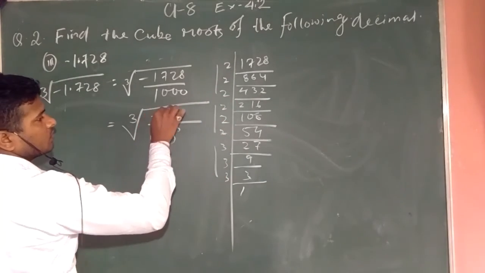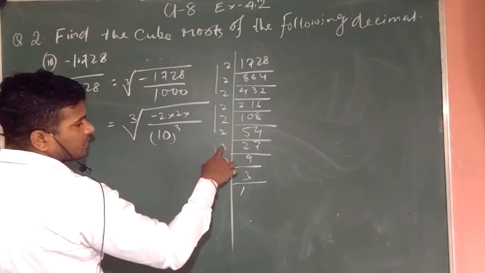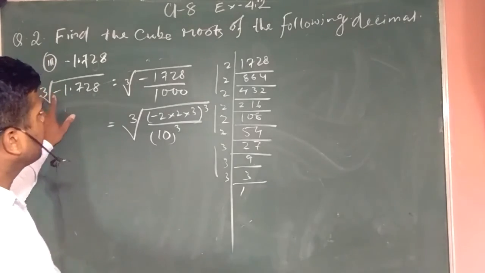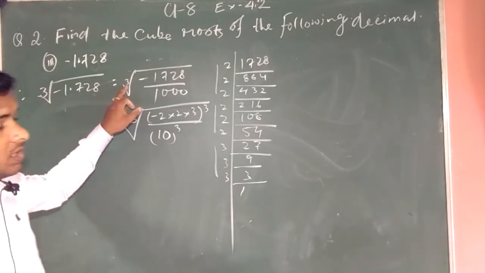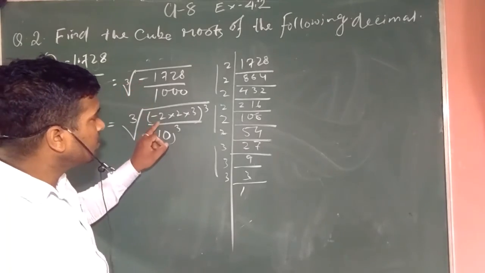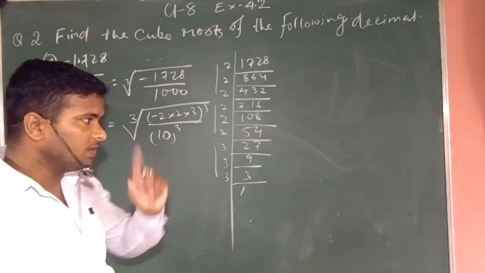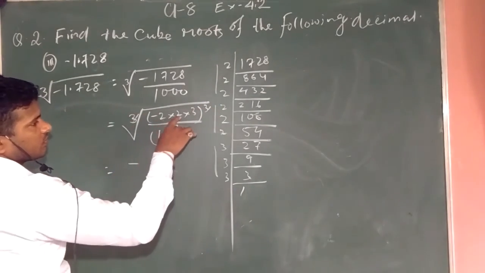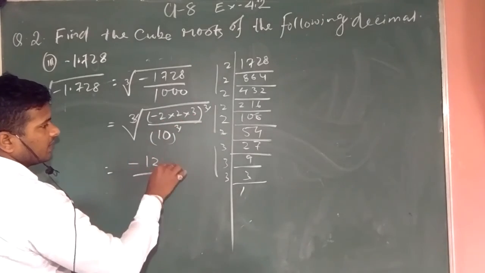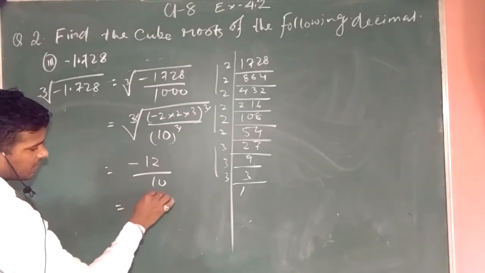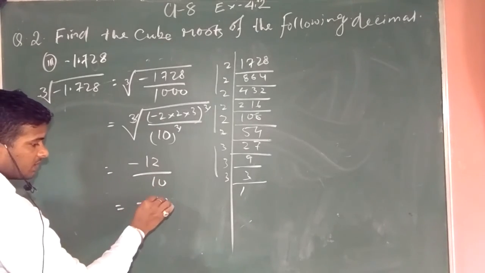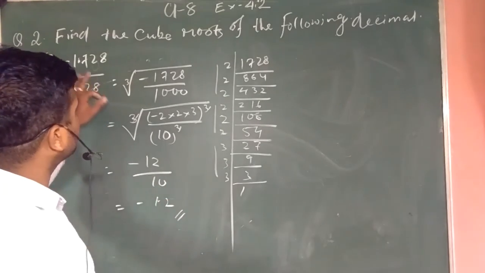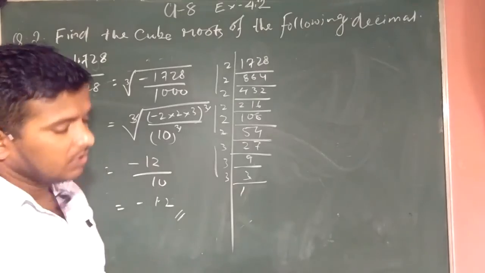So we can write 2 into 2 into 3, all of them cubes. If it is a cube, the minus you have to write only once. So the cubes are all cancelled. We have minus 2 to the 4, 4 3s are 12, 12 by 10. That means minus 12, but with 10, after 1 digit point, that is minus 1.2. If you multiply minus 1.2 three times, you are going to get minus 1.728.